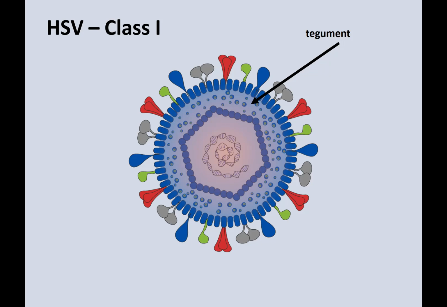HSV has an interesting structure in that it has this area called the tegument. Okay? And it's this area here between the capsid and the envelope, and it's full of proteins. There's about 20 proteins, they're still trying to characterize all of them, that are packaged in this virus. And so it packages proteins such as VP16, which is a transcription activator,